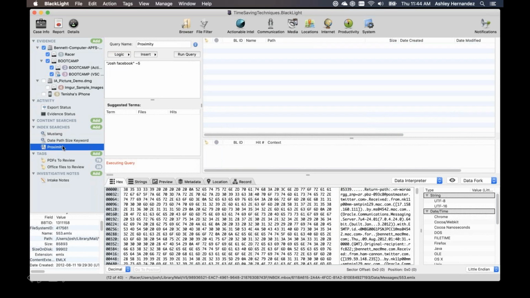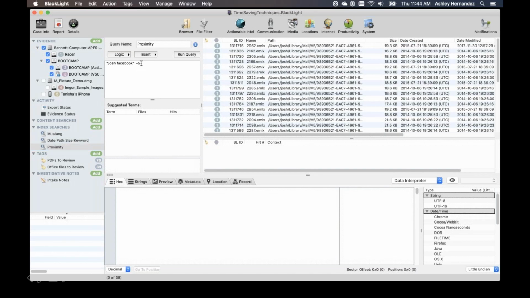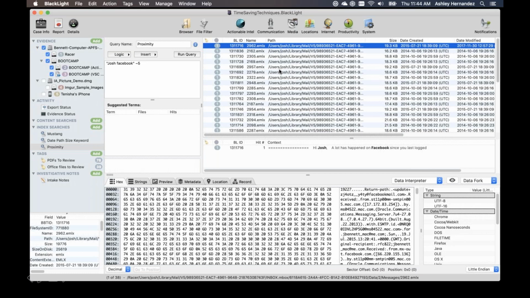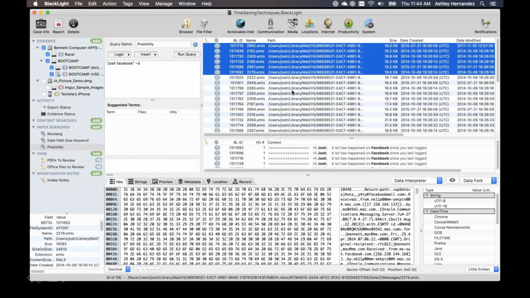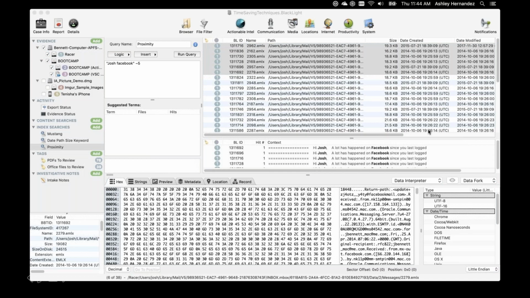The last piece that we can do is looking for things within a number of words of things. So if I want to look across Facebook or Josh, I can look for things within so many words of the other. This allows me to say, okay, I want to find the word Josh within 5 words, each of these being considered a word, to look at them together. So there's a lot of different complexities to indexing. One of the things that we've provided is a cheat sheet for how the operators work, and that is also available for you in the release notes.